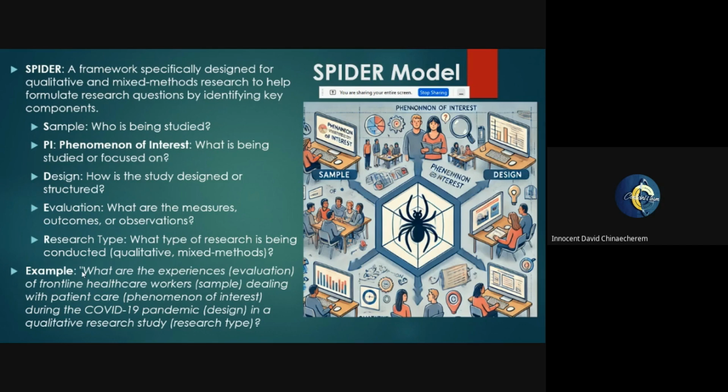And that is just how it works. So what point am I trying to make? What I'm trying to say is that you can have your research type reflected in your title, and you might not have it. But the idea is that before you start your systematic review, you need to have a clear model that you will be working with. So I'm still going to have an example of this